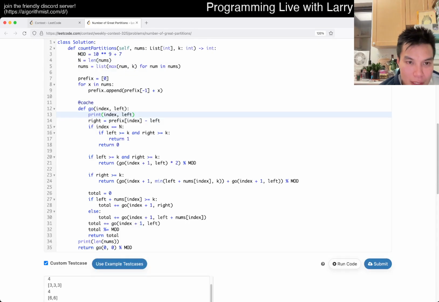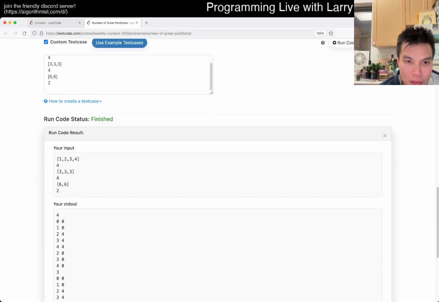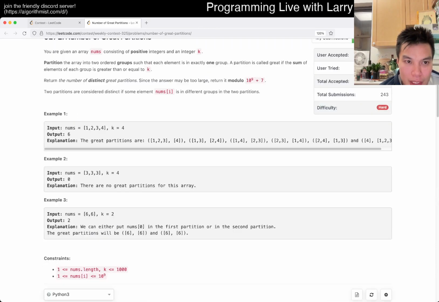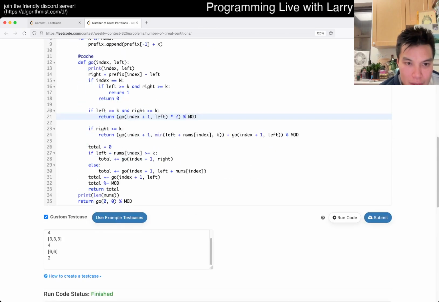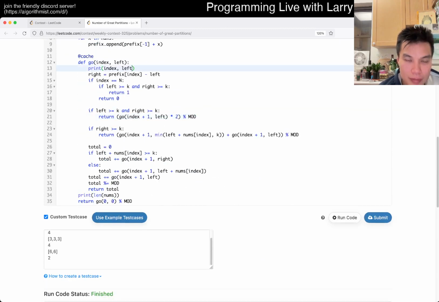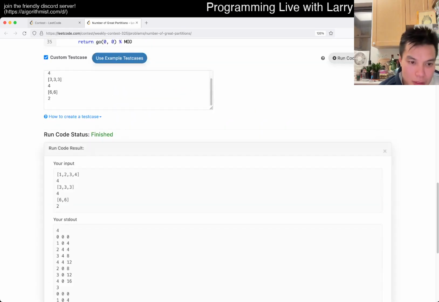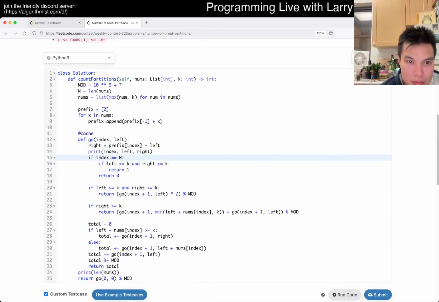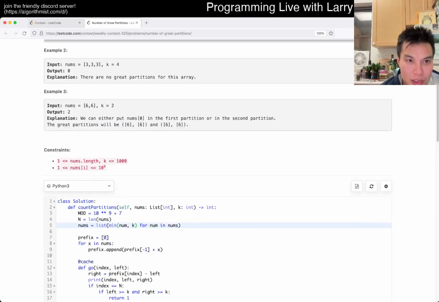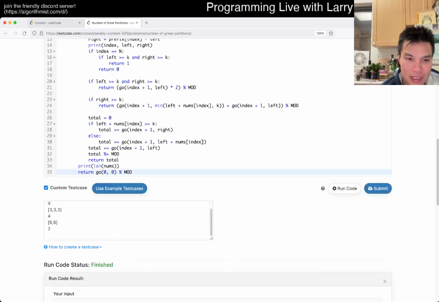Should have at least 1 and then 1, right? What is k for this one? 4. I did not sort, but actually, let me double check. 0, 0. Okay, 1, 4. Why? Oh man, that's why. Okay, that is a silly mistake. 602. Okay, I don't know that this is right, but